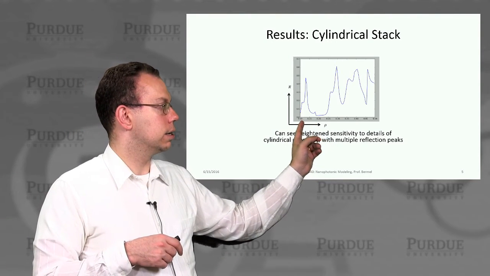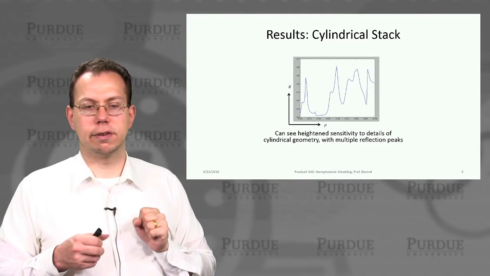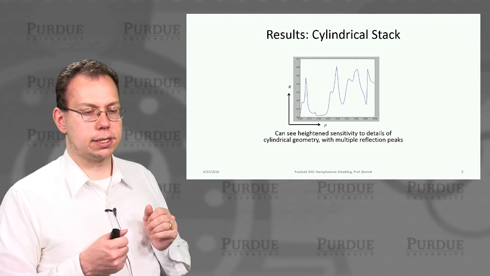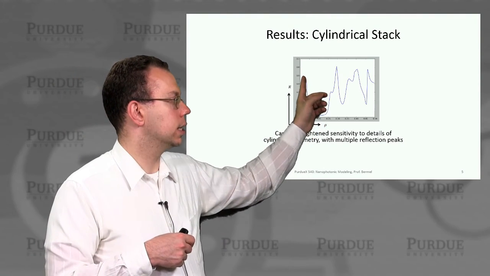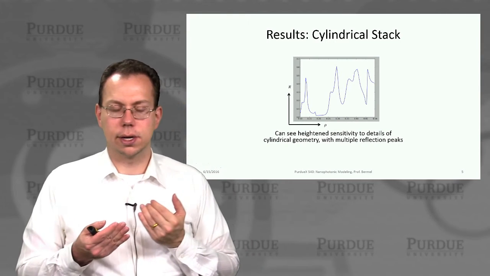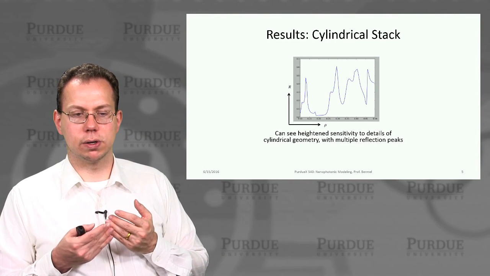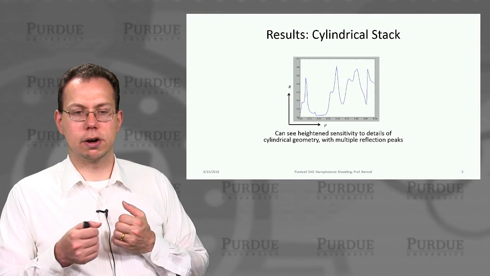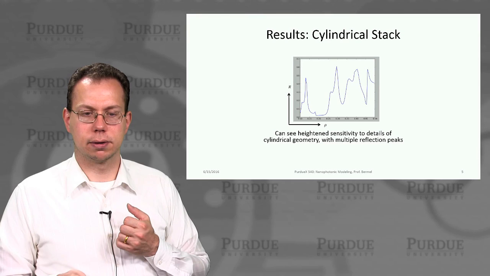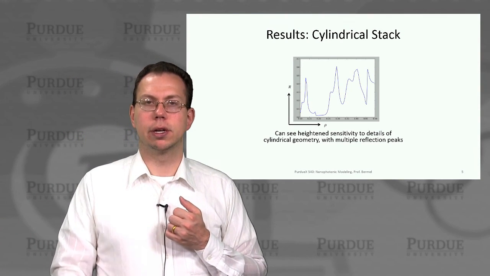Probably not surprisingly, again, if the radius of this cylinder is very small, then it doesn't really do much. But as the radius increases, you can see that it has a lot of peaks and valleys. And so this probably corresponds to certain resonant modes that create a stronger quality factor mismatch and thus stronger reflection. In the next lecture, we'll go through another example of how to use Camphor.